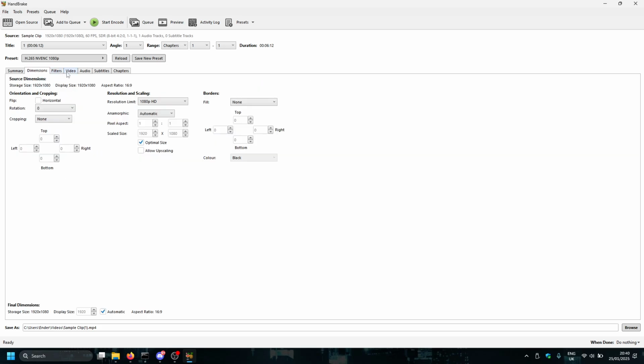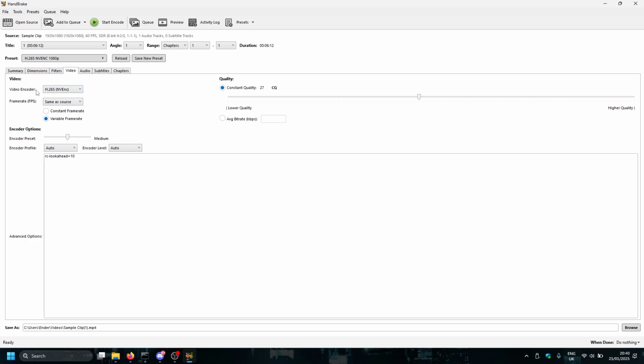Then what you want to do is go to video. You want to select your video encoder. If you want to do H.265, that's up to you. But for this tutorial, I'm going to do H.264, which is more supported by devices. Then on the frame rate, you want to keep it as same as source, and select constant frame rate. And for your quality, if you want to keep your video quality, I suggest turning this to the max. And then you want to press start encode and let Handbrake